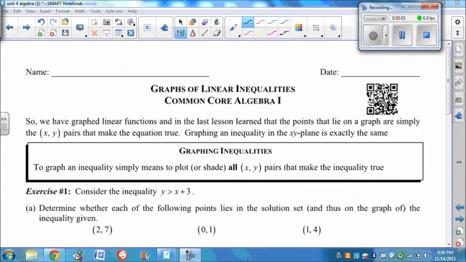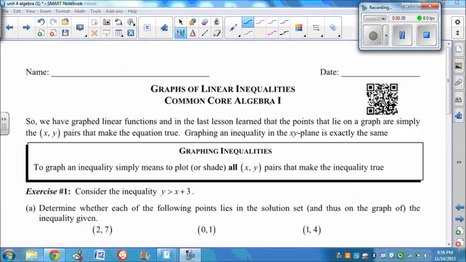Lesson 11, graphs of linear inequalities. So we've graphed linear functions, and in the last lesson, well, we didn't do the last lesson, but you guys know this: the points that lie on a line are simply the xy pairs that make the equation true. So when we graph an inequality, any type of inequality, we know that there are many solutions. The same holds true when we graph an inequality in the xy plane,